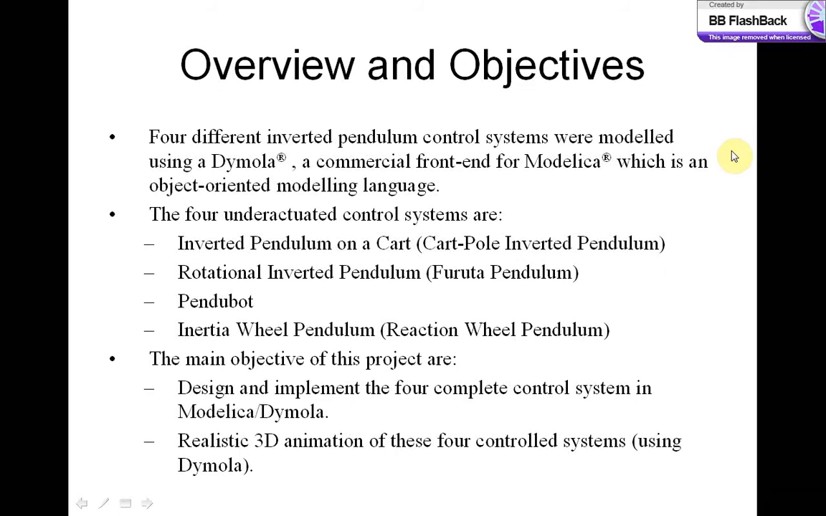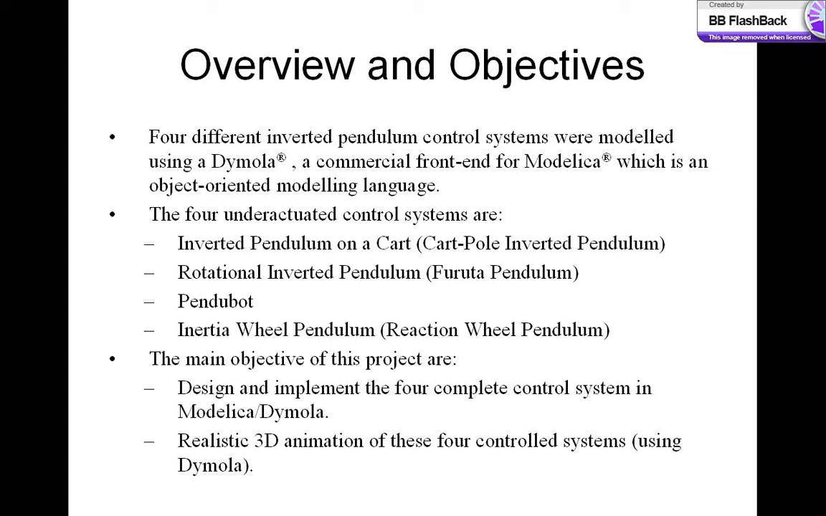The objective of this project was to design 4 different inverted pendulum control systems, and they were modeled using Dymola, a commercial front end for Modelica, which is an object-oriented language. It is a modeling language, it is a declarative language, and it is also general-purpose multi-domain. It is general-purpose multi-domain because you can model a motor that has both electrical and mechanical